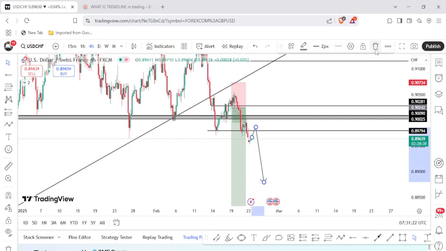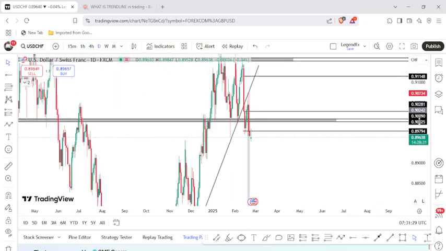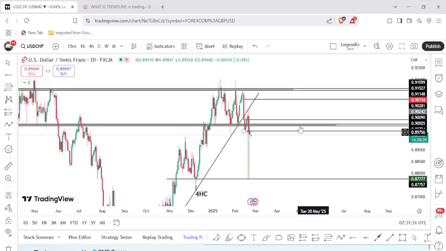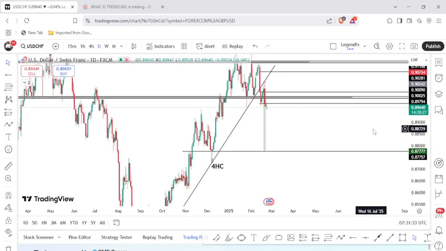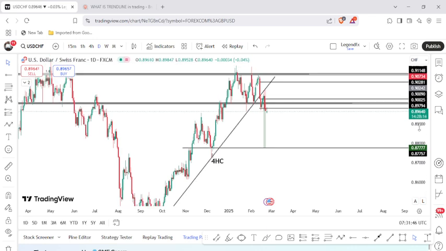Don't be in a haste so that you will not blow your account. Just remain calm and always wait for a proper confirmation before you buy or before you sell. This is 2025. We don't want to be making the mistakes we made in 2024. Let's do everything as quickly as we can so that we can attain the level which I call the CPT, consistent profitable trader. That is where every trader wants to be. I'm not totally there yet, and I know a lot of you guys are also not totally there yet. But let's keep on grinding until we attain the level which I call the CPT.